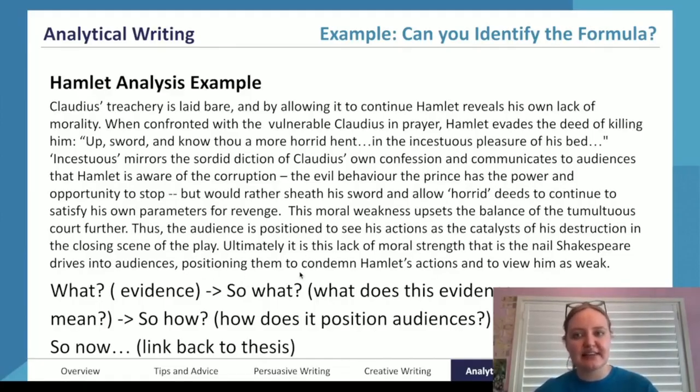You can see this idea that Hamlet has a distinct lack of morality as explored and indicated up here, down in this final sentence here, positioning them to condemn Hamlet's actions and view him as weak. Lack of morality viewed as weak. Really, really interesting.